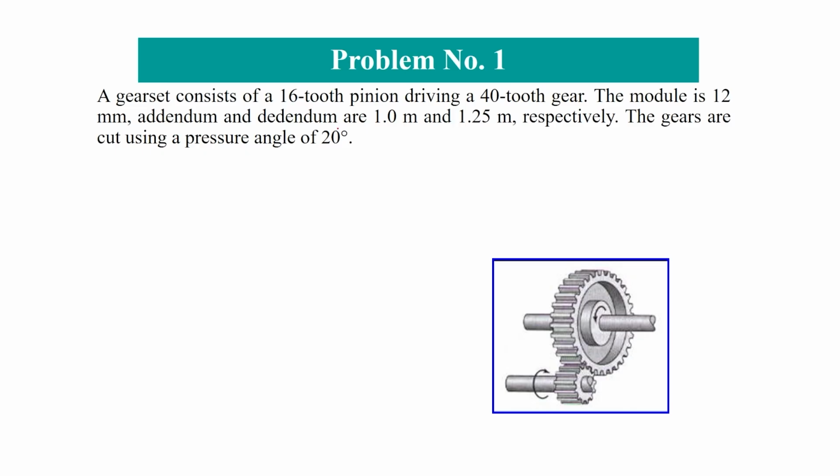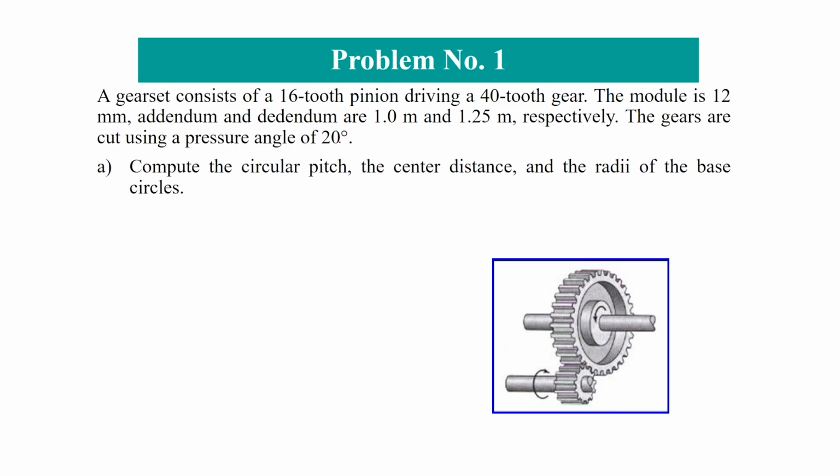Addendum and dedendum are 1 times module and 1.25 times the module respectively. The gears are cut using a pressure angle of 20 degree. So, in this problem we have to first compute the circular pitch, the center distance and the radii of